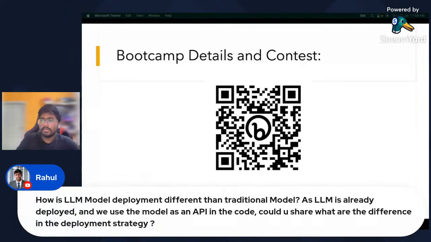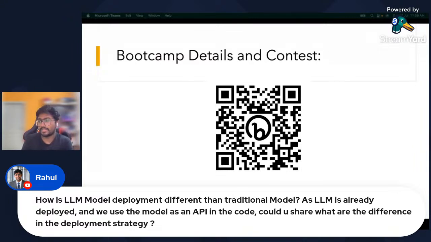And before we conclude, I think Rahul brought up a question. How is LLM model deployment different from traditional model deployment? As LLM is already deployed and we use the model as an API, could you share the difference in deployment strategy? Okay, good question. Before we go, we'll touch base a little bit on generative AI, and if you are interested in it, we'll talk about it in an upcoming session.